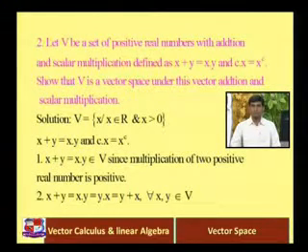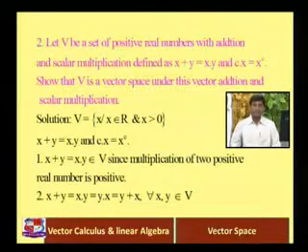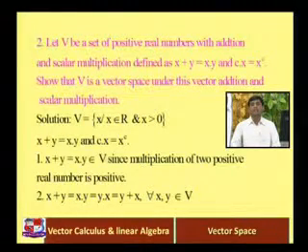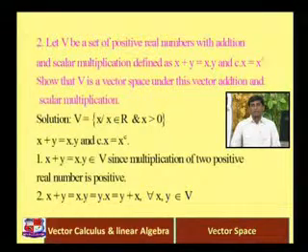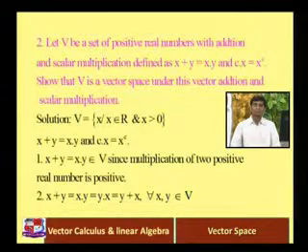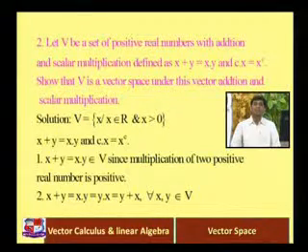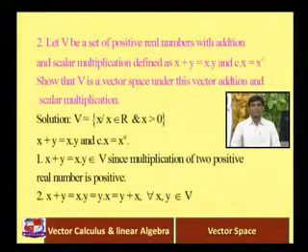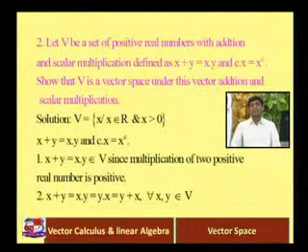Right? So V is equal to, set theoretically we can write in curly brackets, x, where x belongs to R and x is greater than 0. And now we want to prove that the given set is a vector space under the given addition and scalar multiplication. So x plus y is equal to x into y, that is the addition which is given in the statement, and c into x is equal to x raised to c. Okay. So let's try to prove all the conditions one by one.